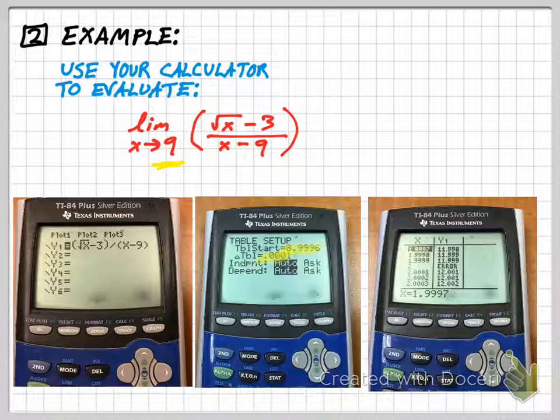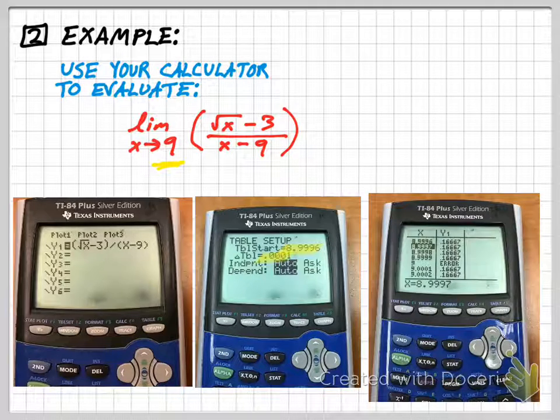All right, and you should see something like this. Your table might look a little different if you use a different delta, or if you started slightly different, but basically you need to scroll around until you get to, you know what? Sorry, hang on one second. I pulled up the wrong screenshot there. So your screenshot should look something like this. And again, the key idea is we're investigating around 9. Even though I have an error message at 9, I do see a pretty clear pattern from either side of about